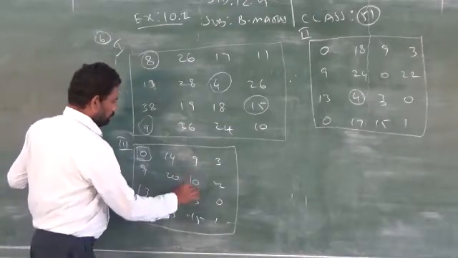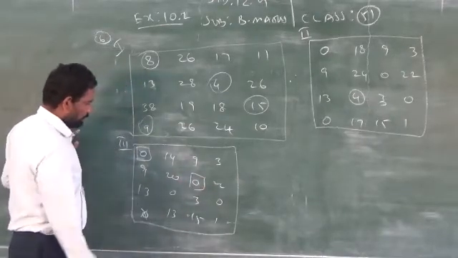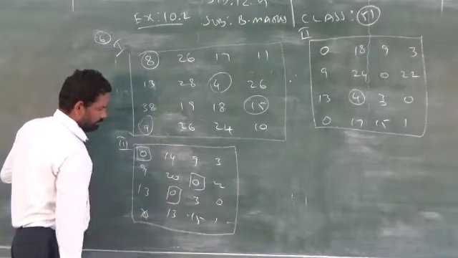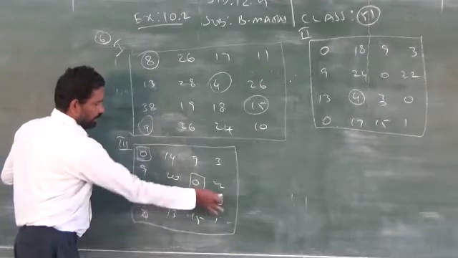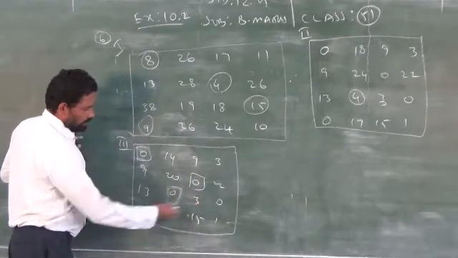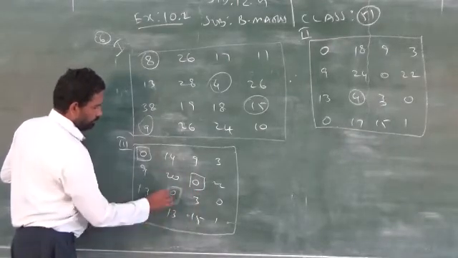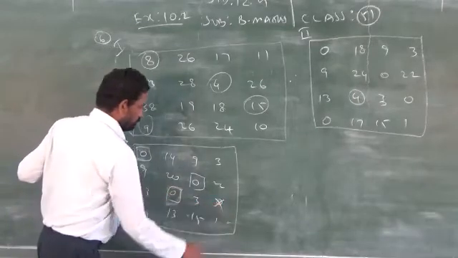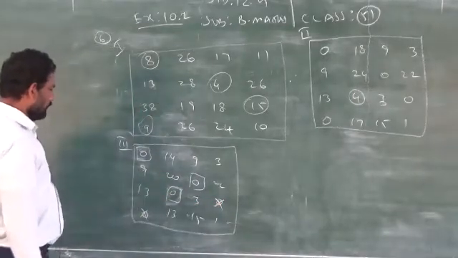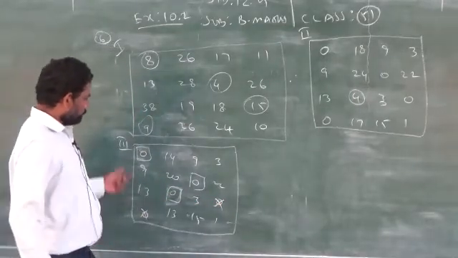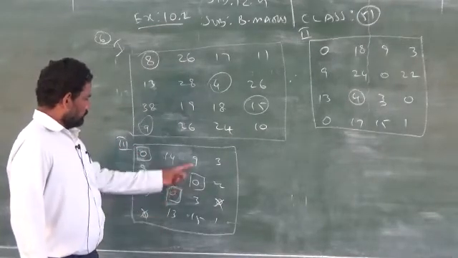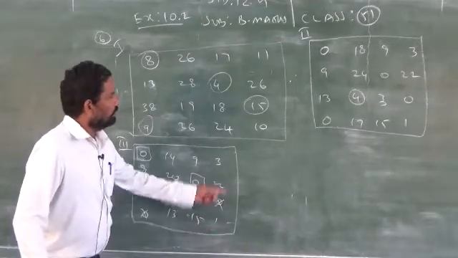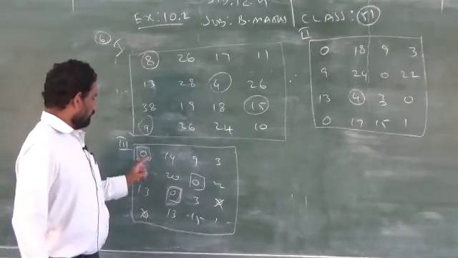The next row has no 0, so leave it. The third one you cannot take because it has 2 zeros. You cannot take it, 2 zeros are there. Then the last one doesn't matter. Then the first column, clear. Now you have to see, no zeros, 1 zero, but the last one doesn't have any zeros. Therefore, we have only how many boxes?